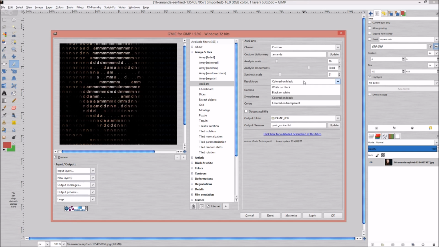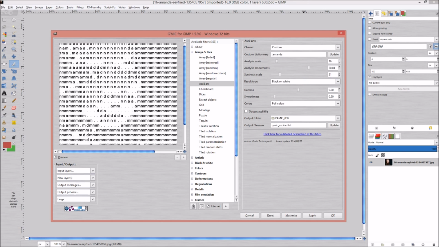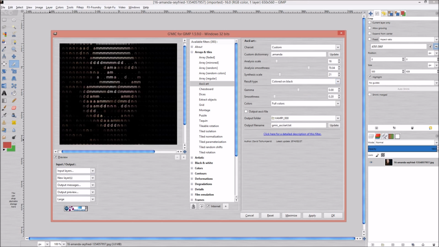And right here you get the result type. You could do white on black, you could do black on white, so you could get different results. Colored on black, I like the colored on black because it takes the color from the image and puts it on a black background. That's pretty cool. You could change the gamma,